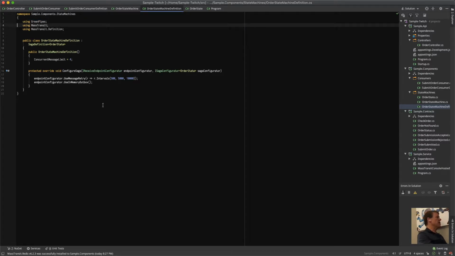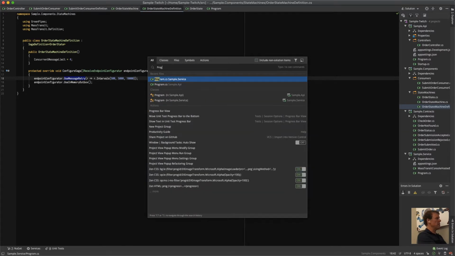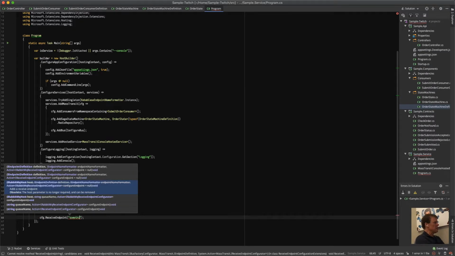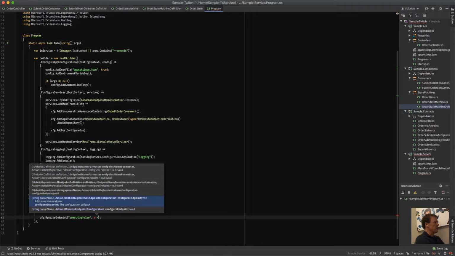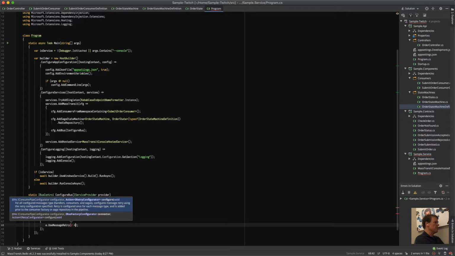The key thing being is how do you actually specify errors when you're configuring a saga using the add saga definition. So that's kind of a good way to do it, especially since you don't have control of the endpoints. If you did actually have control of the endpoint, like for instance in this bus with configure endpoints, you'd never mix the two of these, but if you did want to just create a receive endpoint and call it something else, and then you wanted to have that endpoint for configuration, you could say n dot use message retry